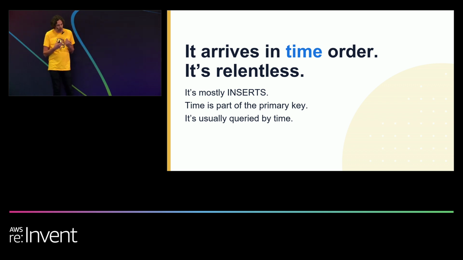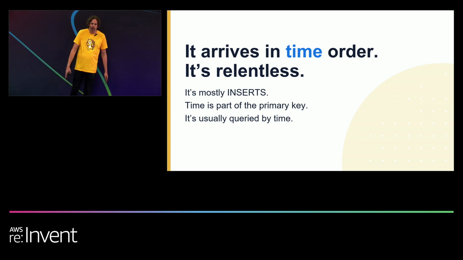So as an example, if we were collecting weather data, we're not going to go back and update the weather value from last week to be 22 degrees instead of 21. Sorry, I'm speaking in centigrade. We're going to be inserting new data for the weather as it is today. And when we insert that data, time is made up as part of the primary key. So when we've got the unique identifier for our record, we have time as part of that unique identifier.